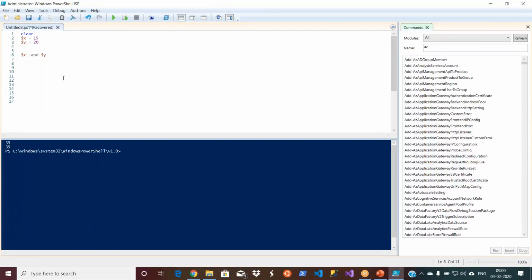So what will be the output of this computation? It is saying true. So as I told you, this is a logical operation. Logical means 0 or 1. It is binary. In English, it is true or false. 0 means false, 1 means true. So why is it giving true?